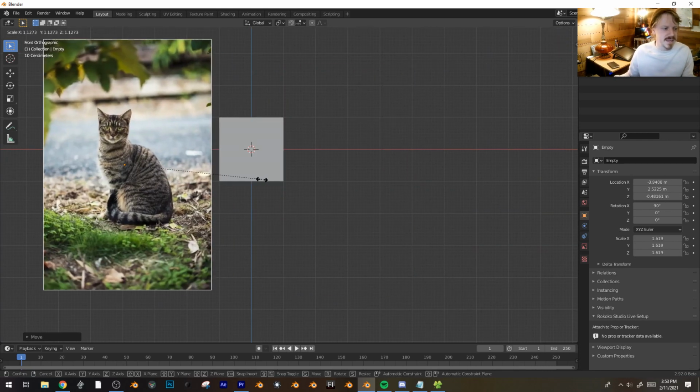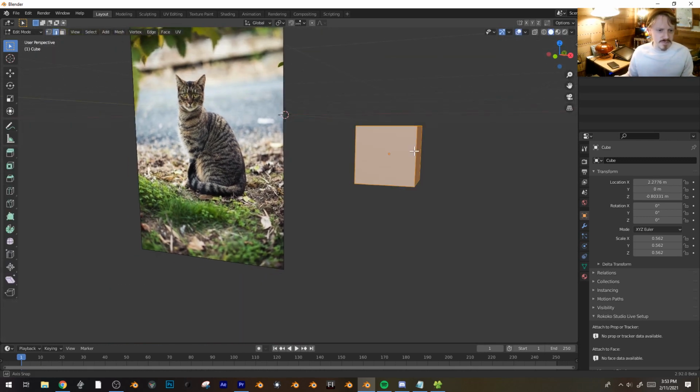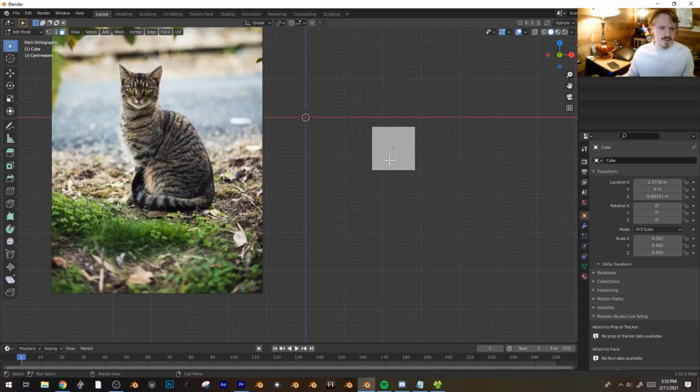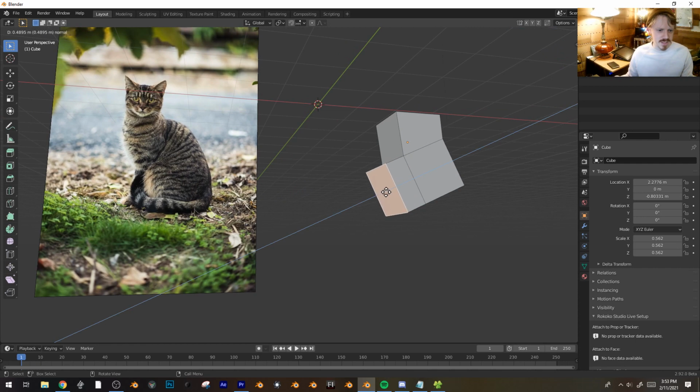This is by Zanely on Unsplash, and we're just going to try to model that out of cubes. There isn't a lot going on here, so I feel pretty confident that we can kind of do it okay. So this will be...